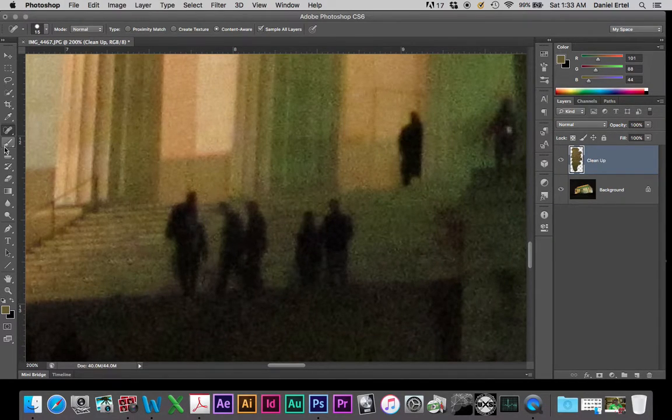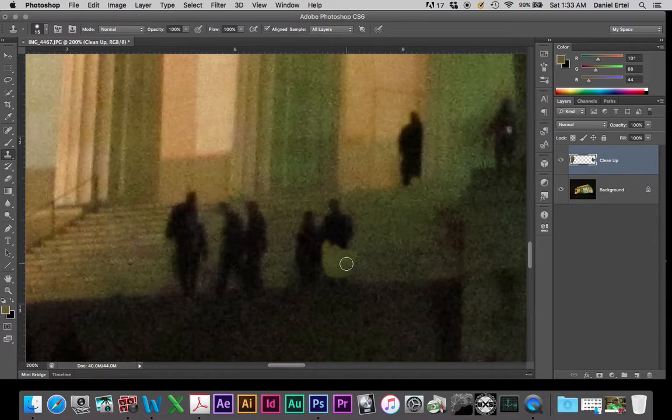So what we're going to do here, I think the clone stamp tool will be our best option. With the clone stamp, it does exactly what it says, it clones. So, you have to select an area. One note here, I have align sample turned off. That's something that I've personally found to be beneficial. Because with align sample turned on, I'll show you here real quick. If I sample this area here, and then I go to paint down here,